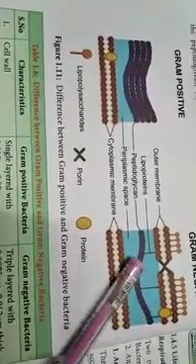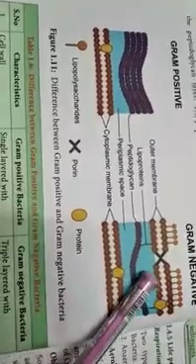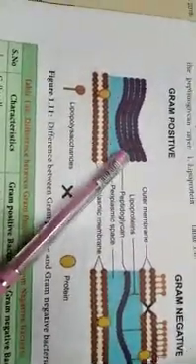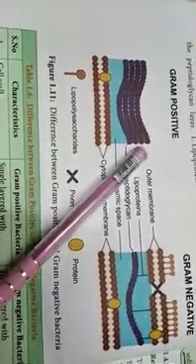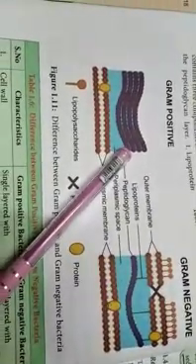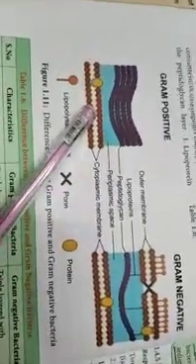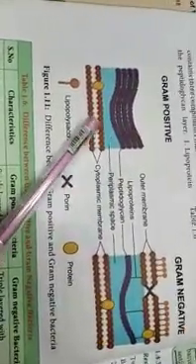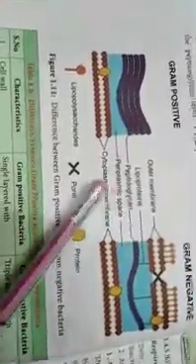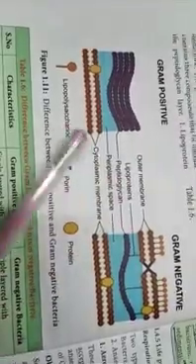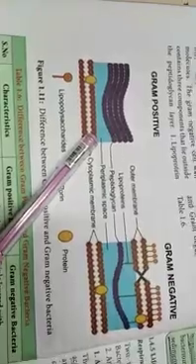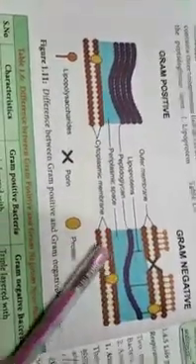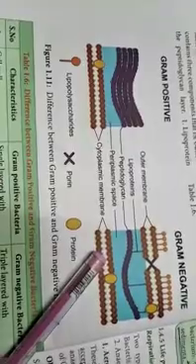These three layers are present and also the peptidoglycan layer is very thin, so it loosely releases the color of the crystal violet. Here in gram positive the peptidoglycan layer is very thick, so with the first adding solution it retains the color of the crystal violet and becomes violet in the microscope. This is the main differentiation in the cell wall of gram positive and gram negative. The gram positive bacterium becomes blue in color under the microscope, and the gram negative bacterium is pink.